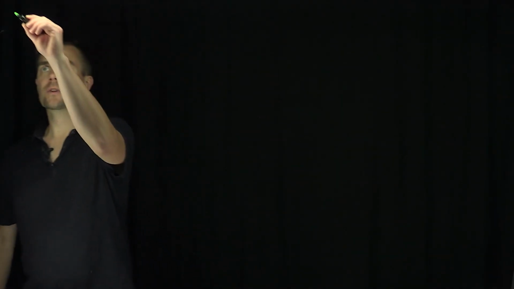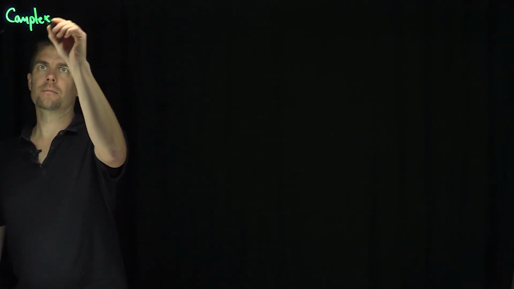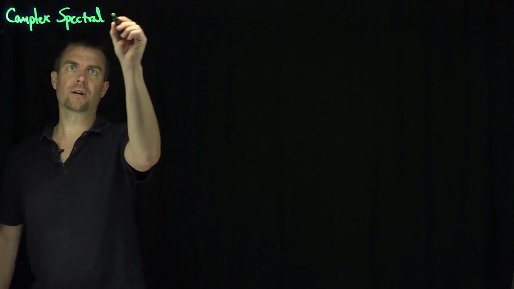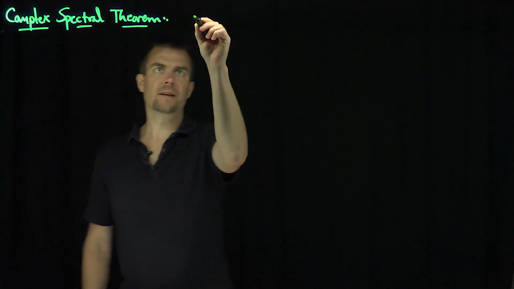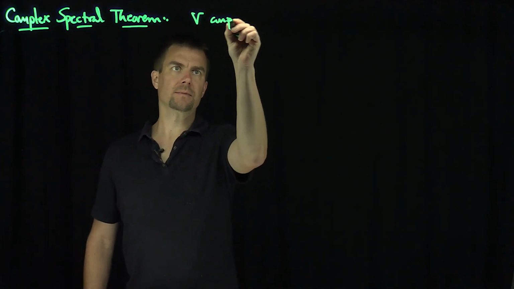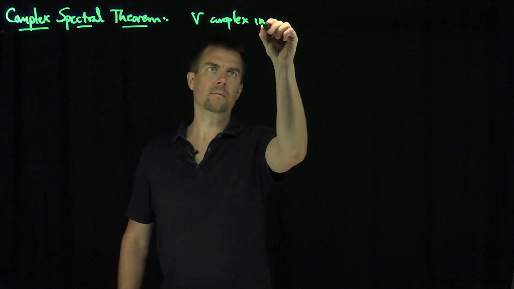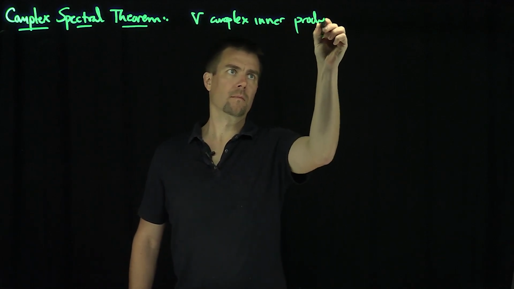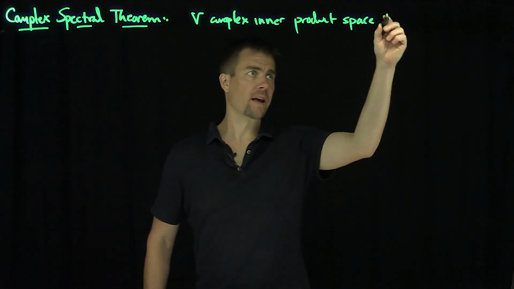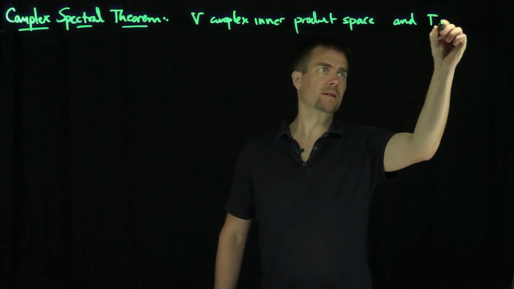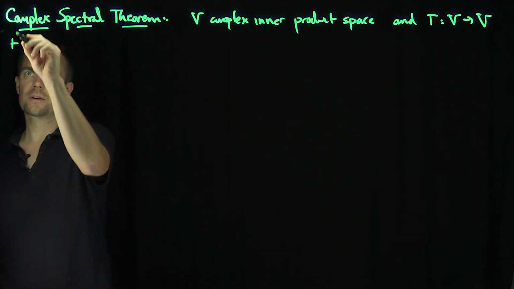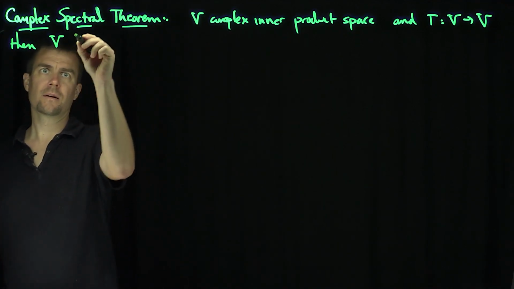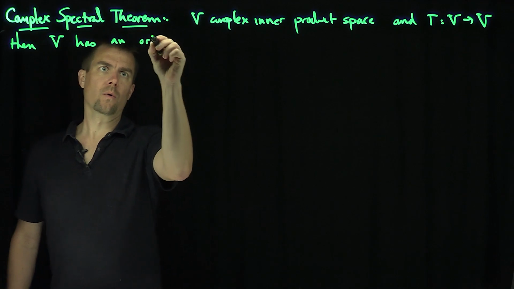Hello students, in this video we'll prove the complex spectral theorem. So the complex spectral theorem states the following. It's one of the crown jewels of linear algebra. It says if V is a complex inner product space, and T is a mapping from V into V, then